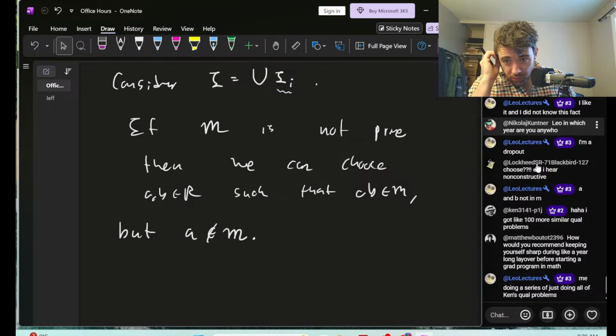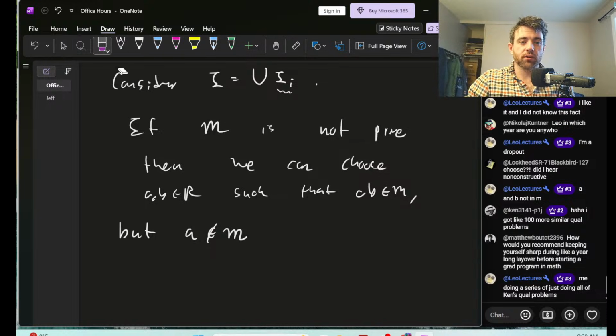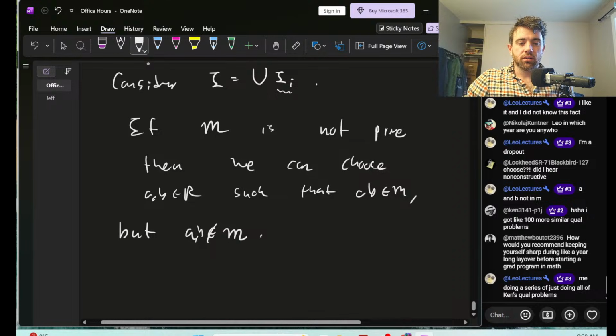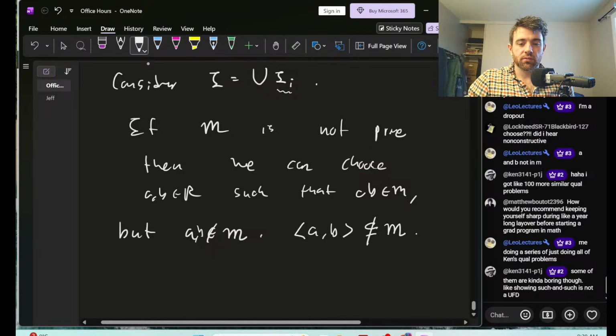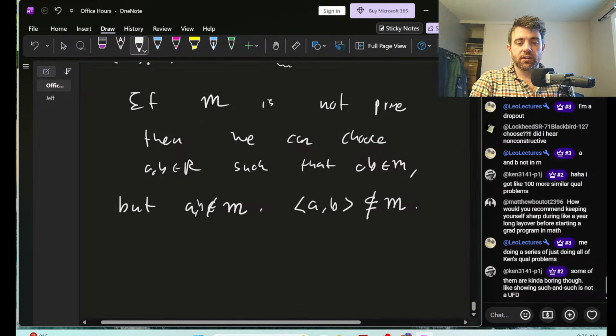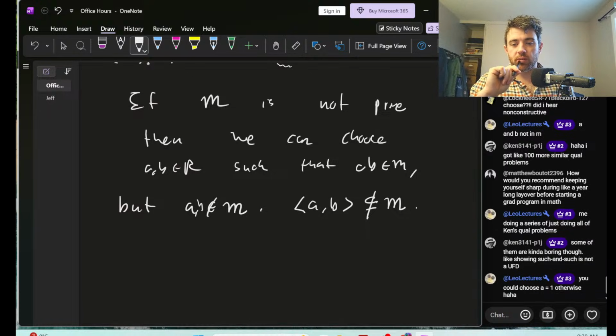You've got like 100 more similar qual problems. Okay, sweet. A and B are both not in here. So then what? I guess this means the ideal generated by A and B is not contained in here, right? But are we sure that this ideal isn't principal? I mean, it's generated by two things, but that doesn't mean it's not generated by